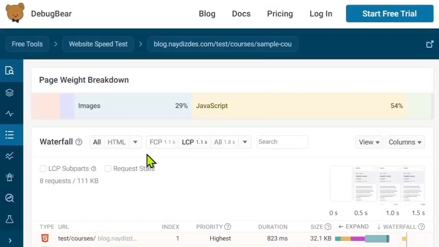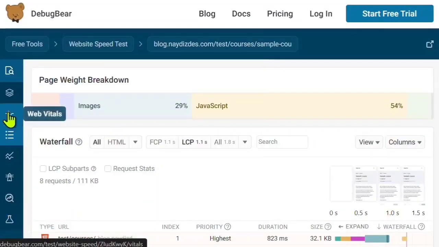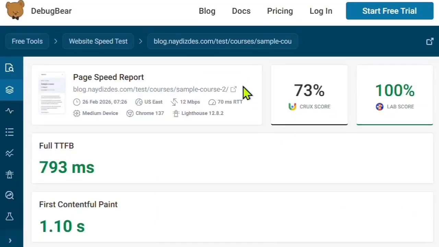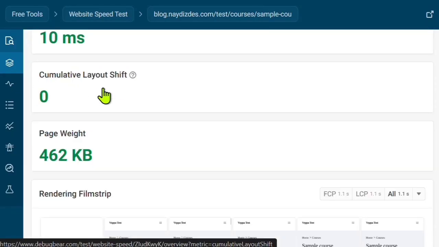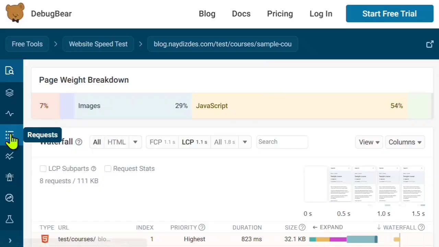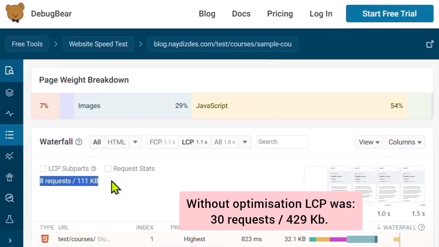If we go to Debug.beer and see overview, look at overview, and you can see that Largest Contentful Paint is 1.1 seconds, which is great. And in requests tab, we can see that total 8 requests and 100 kilobyte files downloaded before Largest Contentful Paint